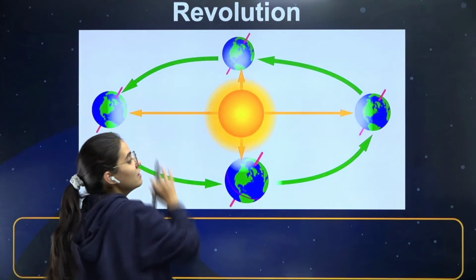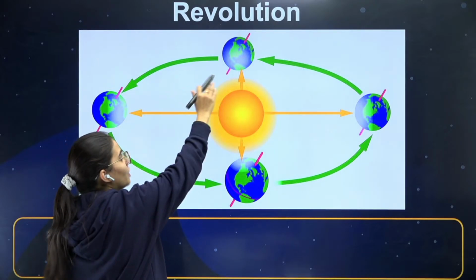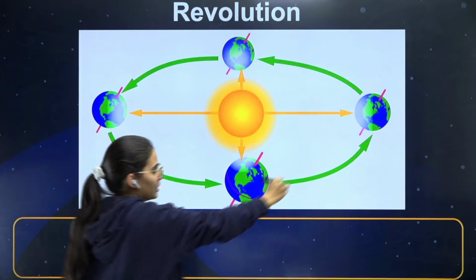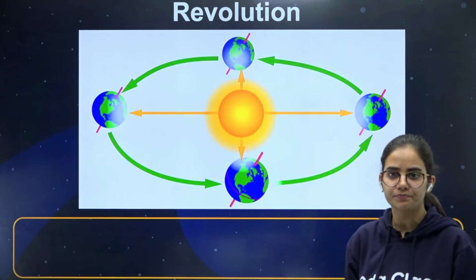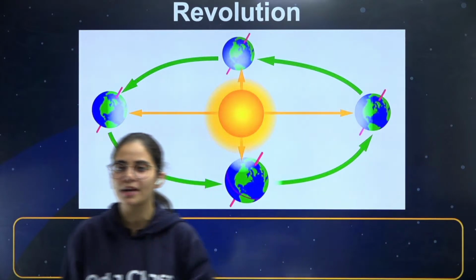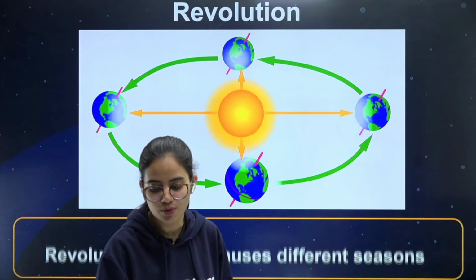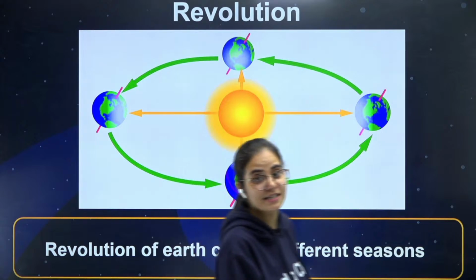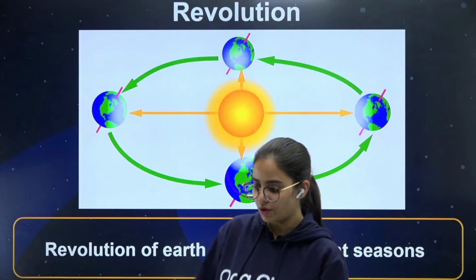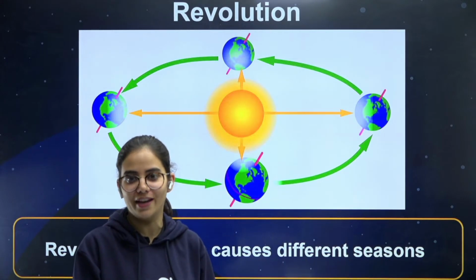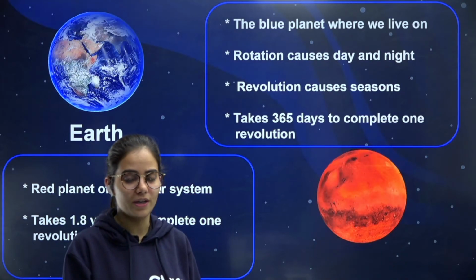Now here we are taking Earth's position at different times. So if it's starting from here, it is going to go here, then come here, and then again here, right? So it is this circular movement which is going to happen. You can probably see the elliptical movement around the sun. So this is revolution, and this is going to give us the different seasons at different times of the year, right? So I know now this is becoming easy for you, and now you can relate things yourself. Very good.